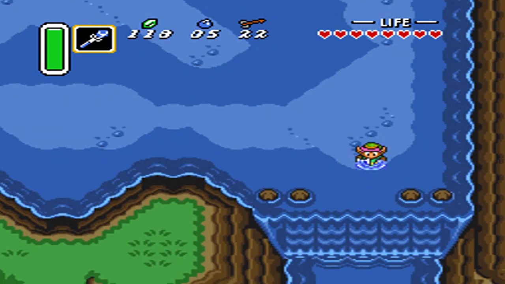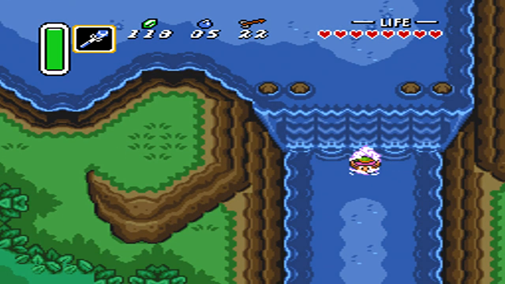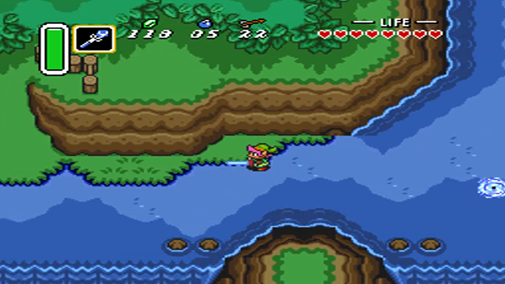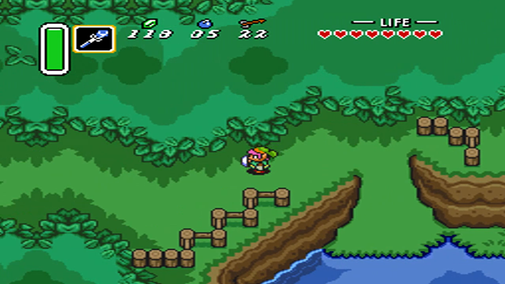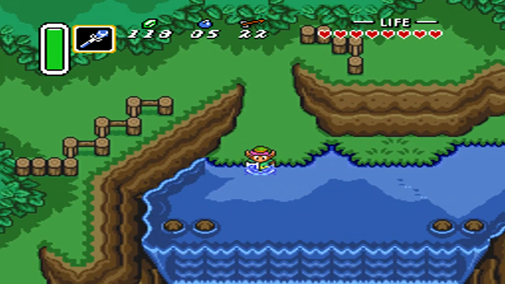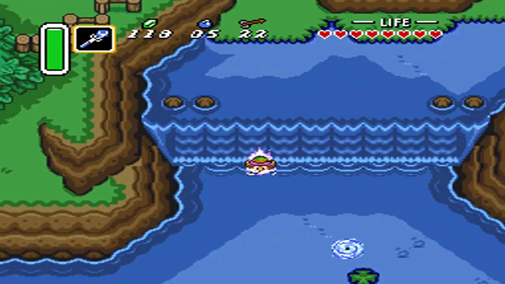With the flippers, we can now swim in the deep water, jump off the waterfall down here, and then dash all the way down. Before heading over to the left though, we want to climb up here first and grab another piece of heart. The Zora enemies that you've been seeing throughout here are actually interesting in that they can pop